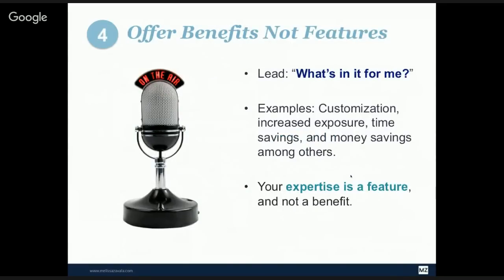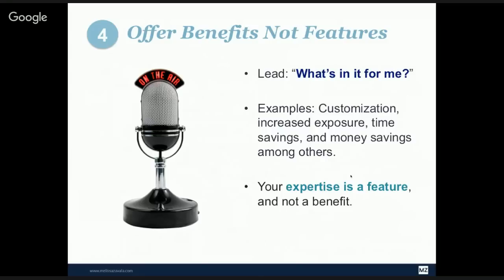So for leads, they're always looking at what's in it for me. Always. It's never about what's in it for you. An internet lead is shopping the internet. For example, when I'm at home at night and let's say I'm clothing shopping online or shoe shopping, I'm reading the reviews. I'm looking for the best price. I'm thinking about what's in it for me. So internet people are shoppers. They're not picking up the phone and calling you because they already know your friend and your friend recommended you. So you've really got to offer benefits that are going to help to create that sustainable relationship with the client.